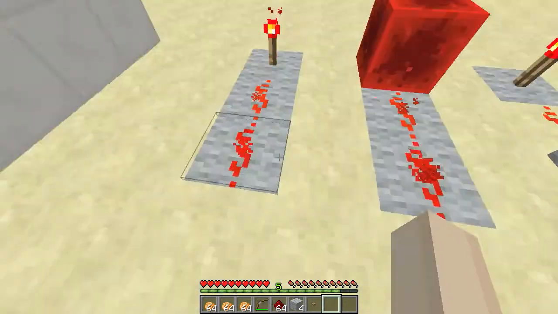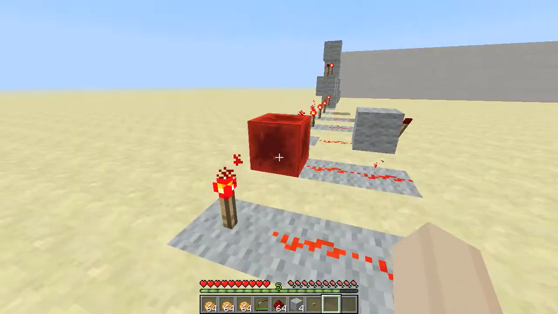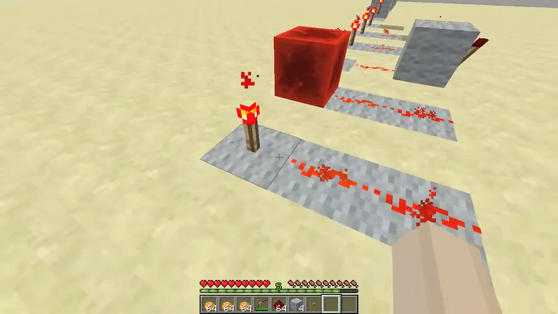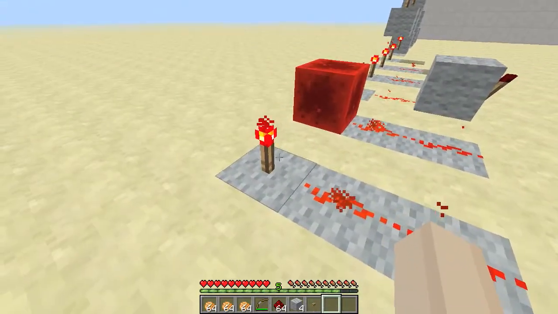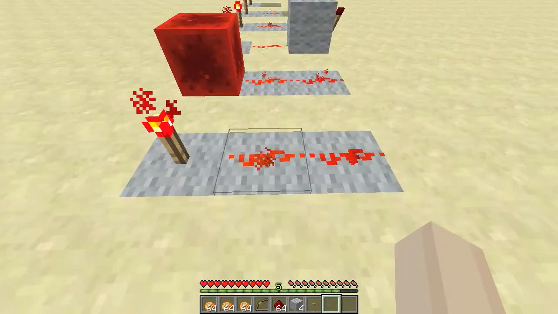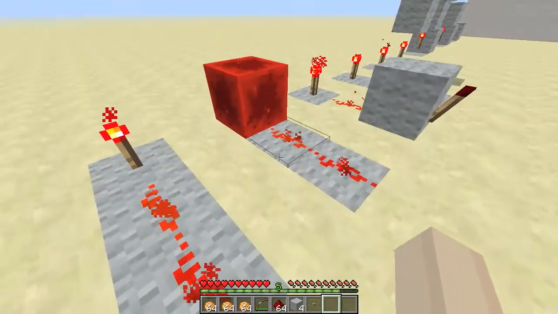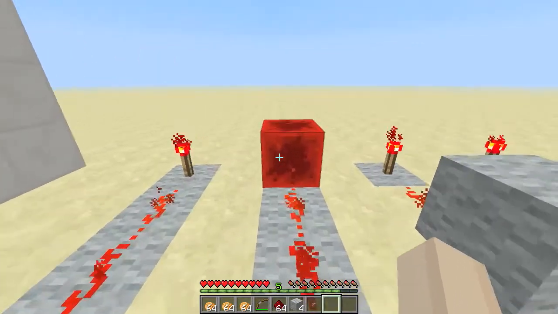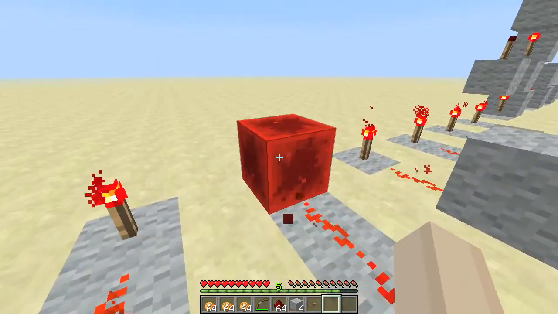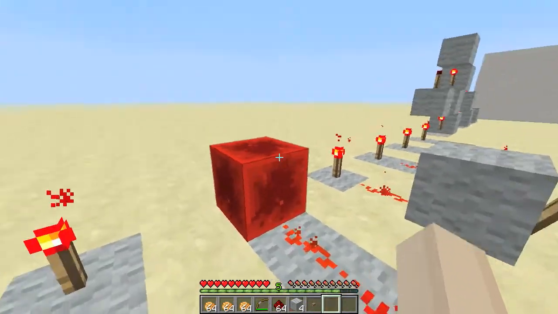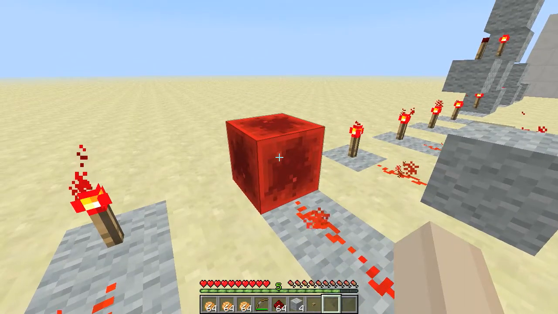torch. So you can see here, both these blocks by default are on. They don't need anything to power them. They're always on. And these are both sending signals to these 2 bits of redstone dust. I'll just quickly brief on the block, but we're going to touch more on the redstone block in other episodes